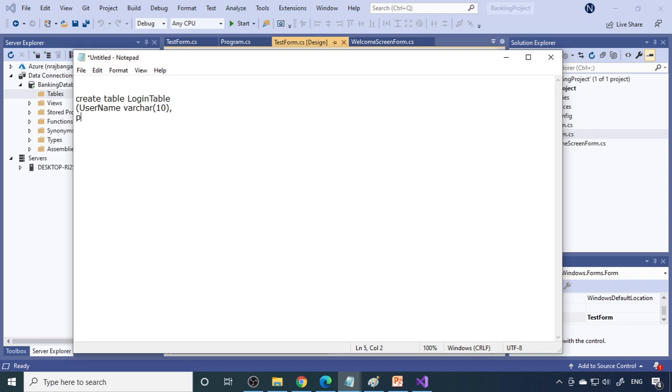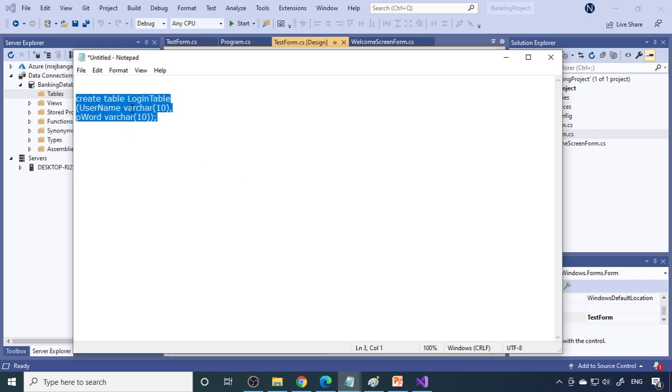Then password. I'll just write it as pword, and also avoid using reserved words, for example name, password, if, for. Some keywords are important keywords, so don't use them, sometimes they'll give problems. And also don't use spaces, avoid spaces. That is always better. So again you get varchar of 10. Both are 10. Then you can have a semicolon. This is the SQL statement to create the table.